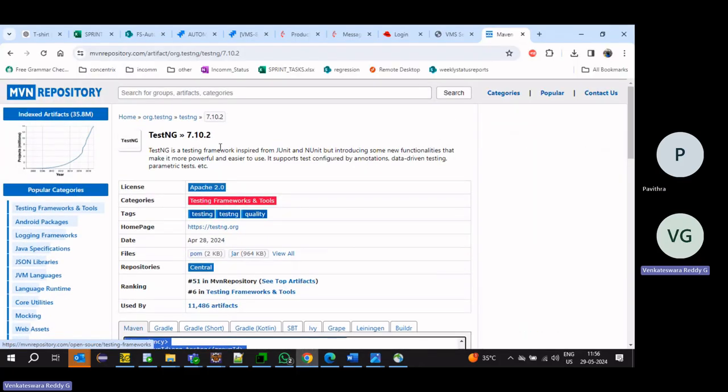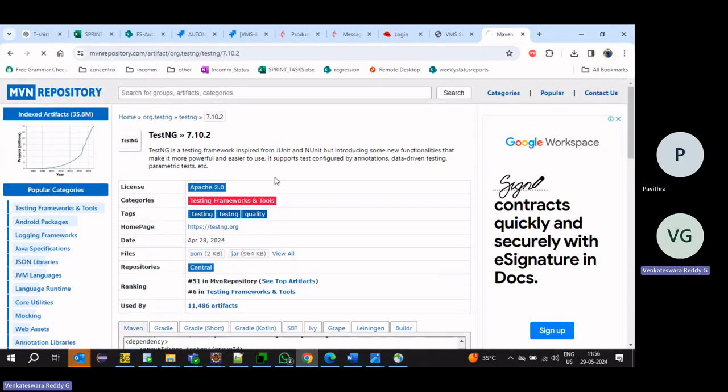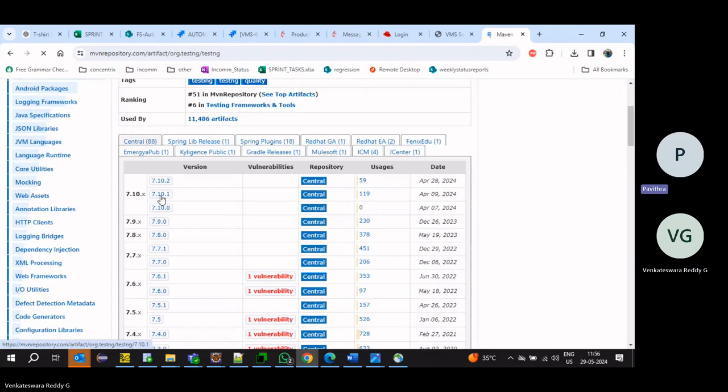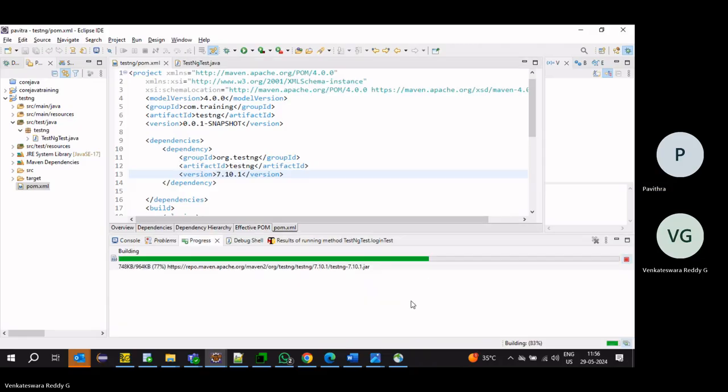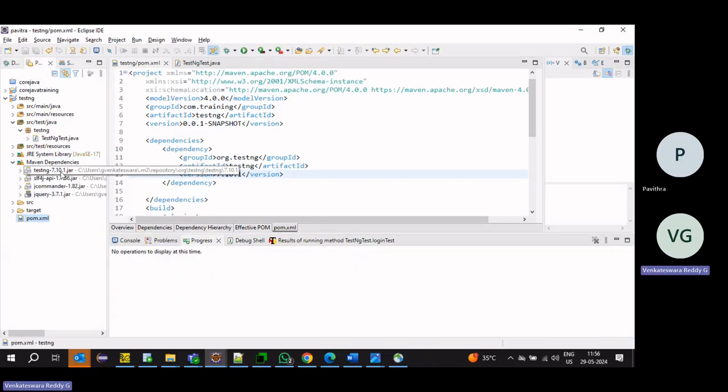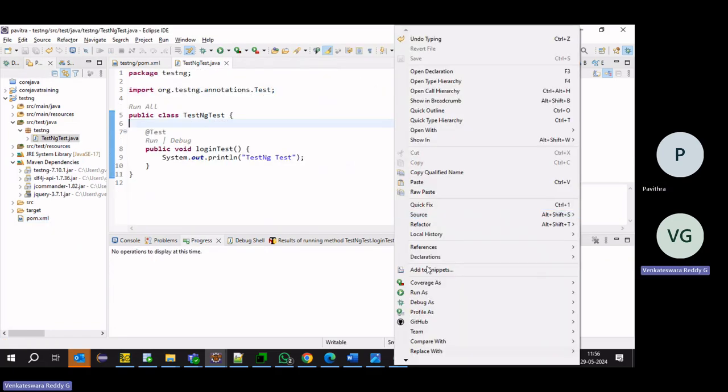In that case, what we have to do? We have to go back. We can use the older version. Suppose 7.10, we will try this. Save it, and wait for some time to download. It should replace in the Maven dependencies, 7.10. Then if it is running, that's fine.